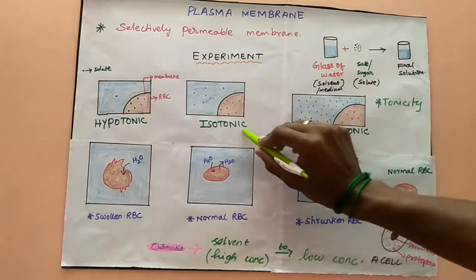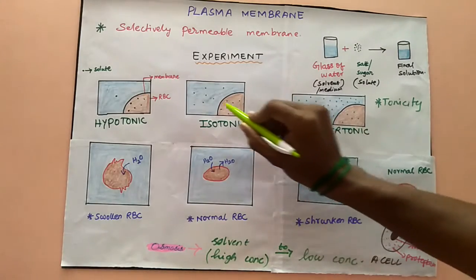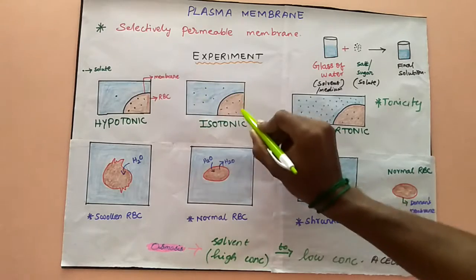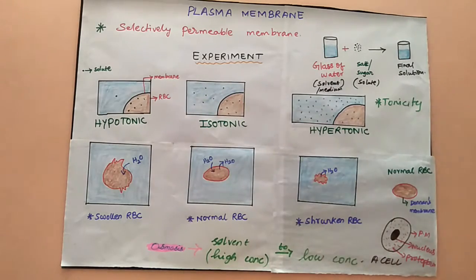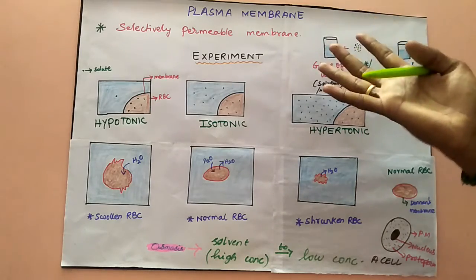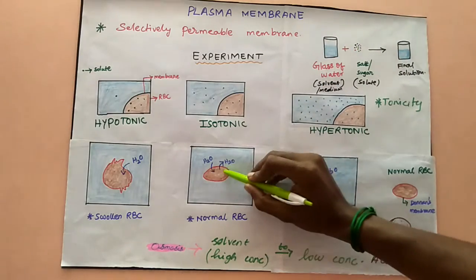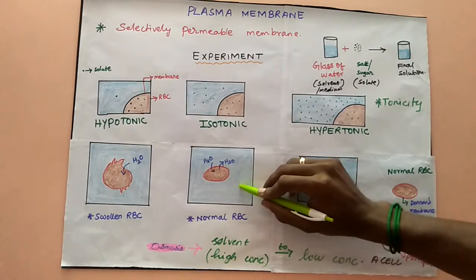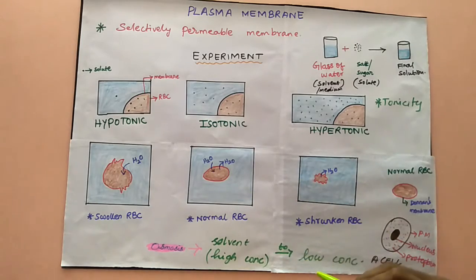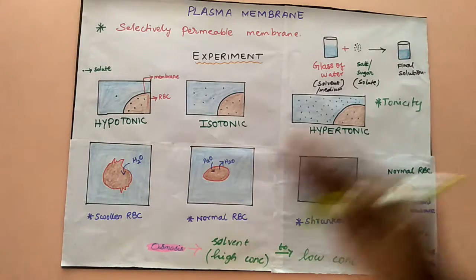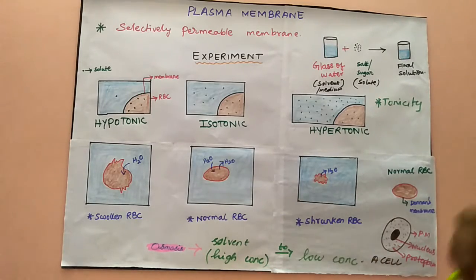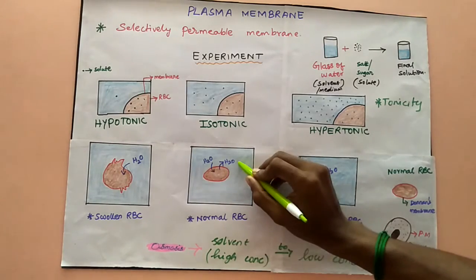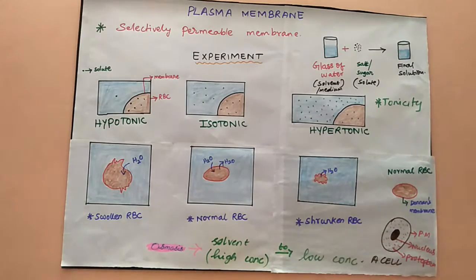Then the second one, we are going to talk about the isotonic. Here in the isotonic, you can see the solvent and solute concentrations outside as well as inside the RBC are the same. It is already in an equilibrium position, so there is no need for any transport. Though transport happens, an equal amount of transport is carried out and an equal amount is carried inward. So when some amount of H2O is going out, the same amount of H2O is entering the cell. So there is no change in the size or shape of the RBC. It is just as we introduced it into the media. This is about the isotonic media: the RBC as well as the outside solution are isotonic, already in equilibrium position.